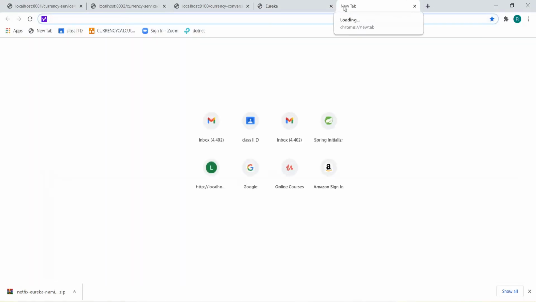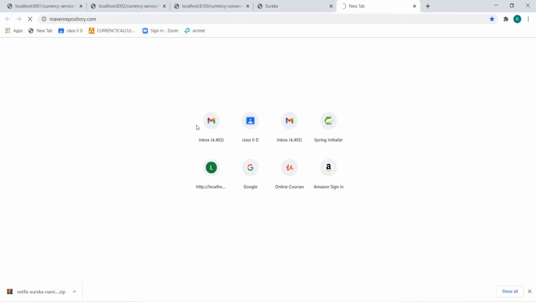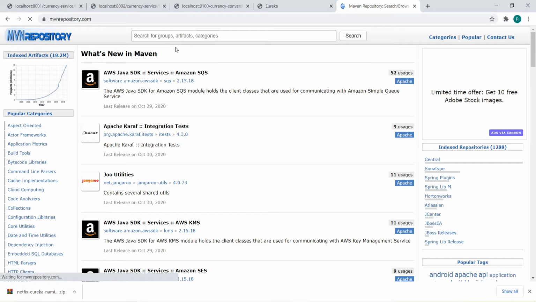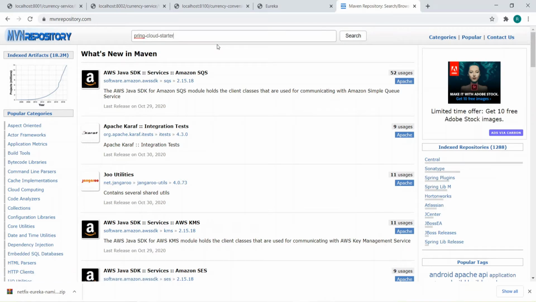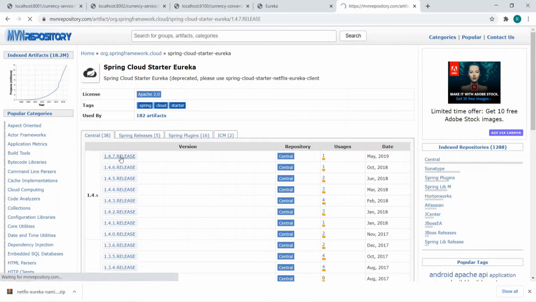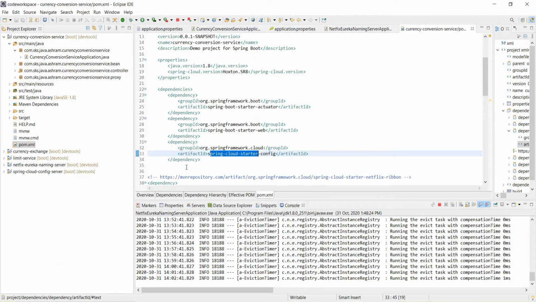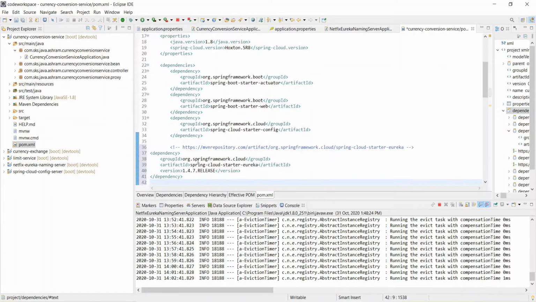Generally I go to mvnrepository.com and search for Spring Cloud starter Eureka. Click this, go to the latest version, 1.7, copy this with Control C, go to the pom.xml, and paste the dependency.